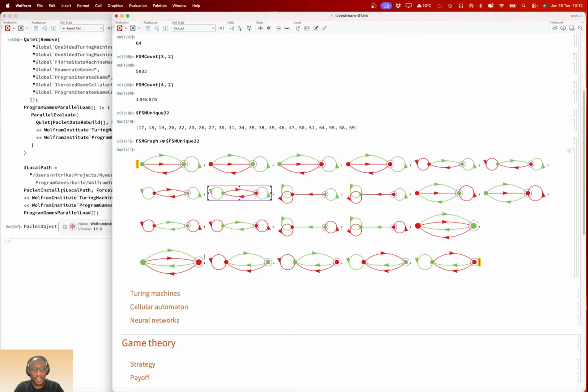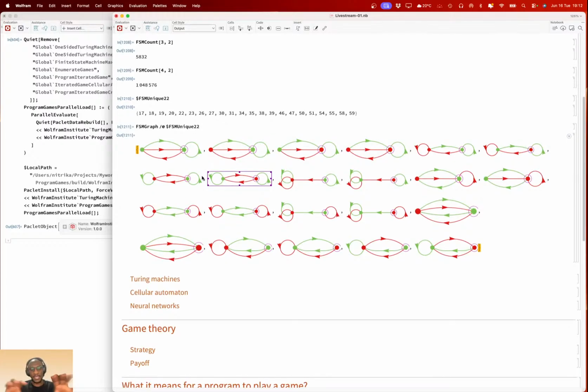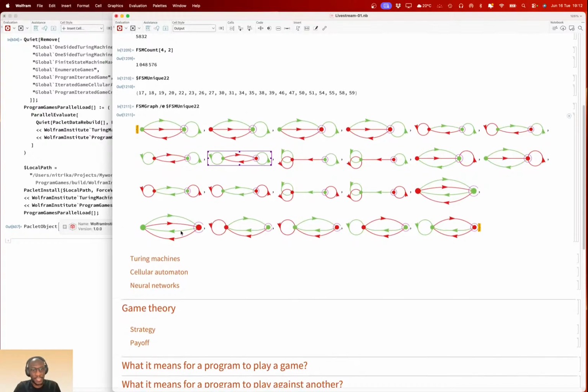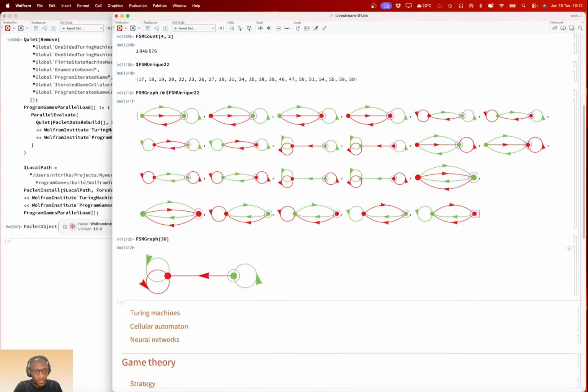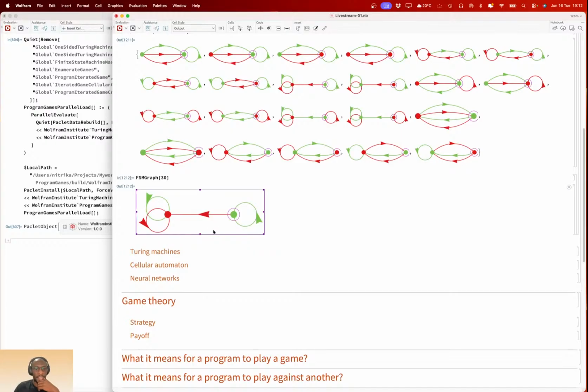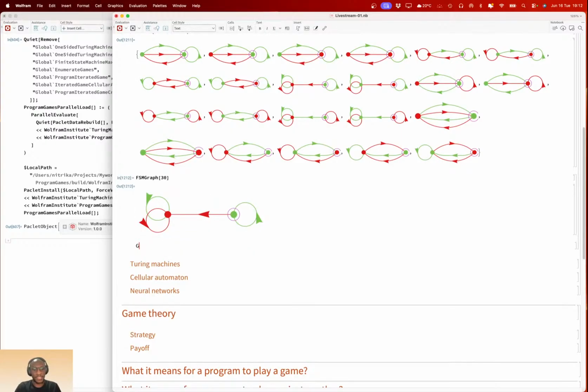What these graphs are saying, at a high level, is this: given an example finite state machine, let's pick an interesting machine that we found. In game theory, this machine is called Grim Trigger.